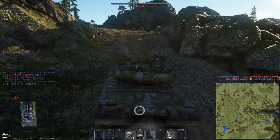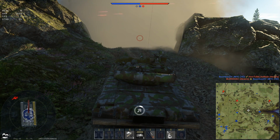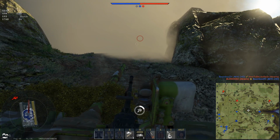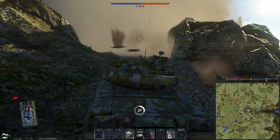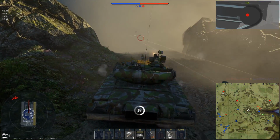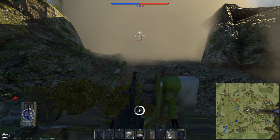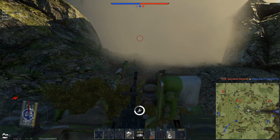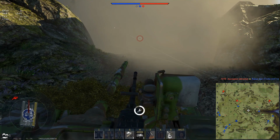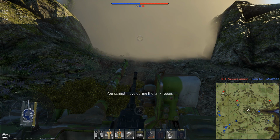So I need to repair my gun barrel, so I do it in a very risky situation, but I have faith that the guy behind me actually helps me a little bit in distracting the enemy, where the machine gun fire is coming through the smoke. I fire a little bit here as well. He just might finish me off and rush me, but I don't know if he knows that I'm damaged. I can't fire back. But the gun behind me is still very painful if he tries to go, at least,